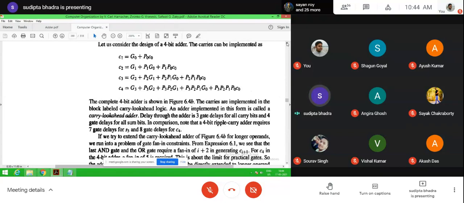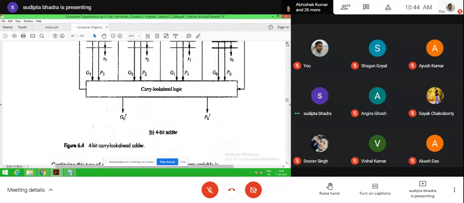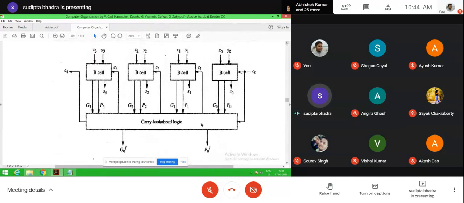That means this 4-bit adder will generate all the carry bits, C1, C2, C3, C4, simultaneously.